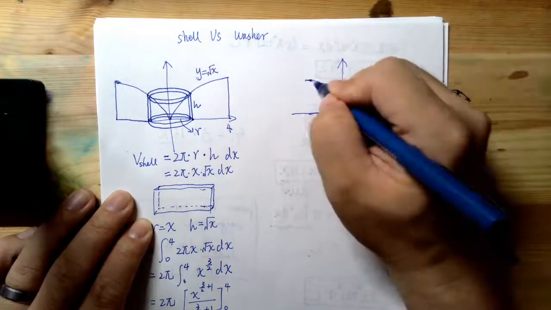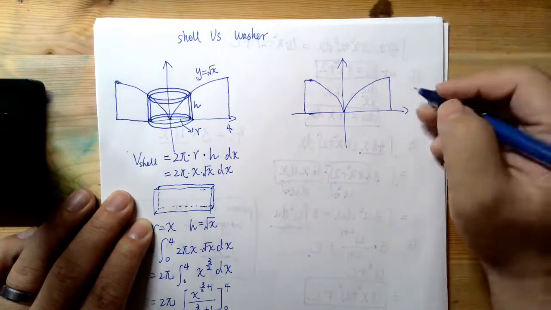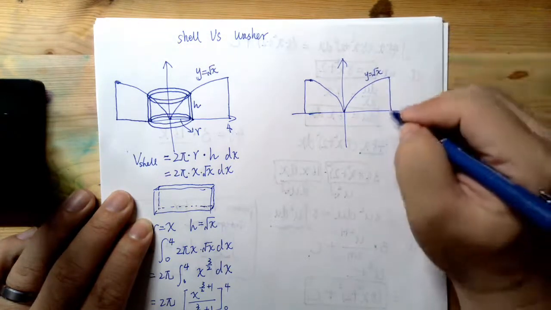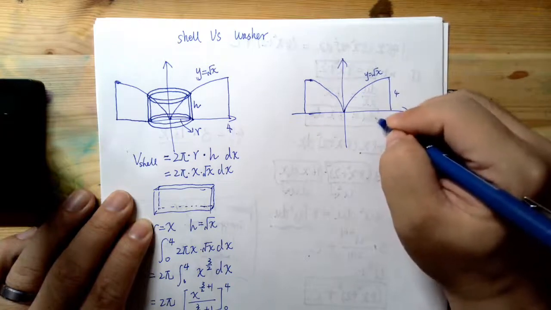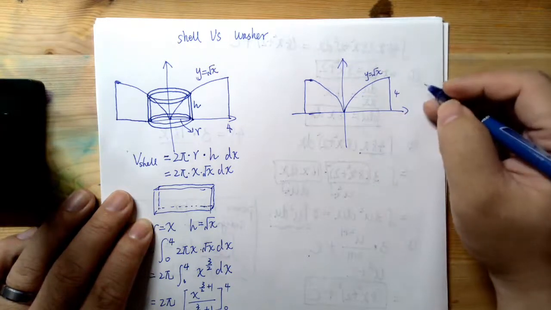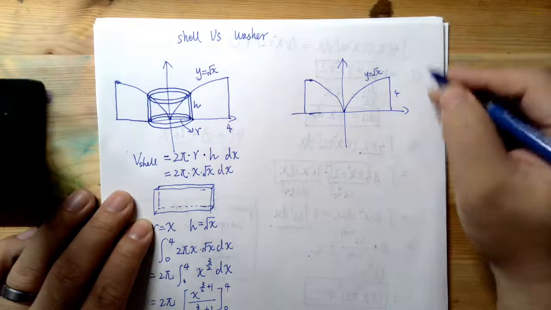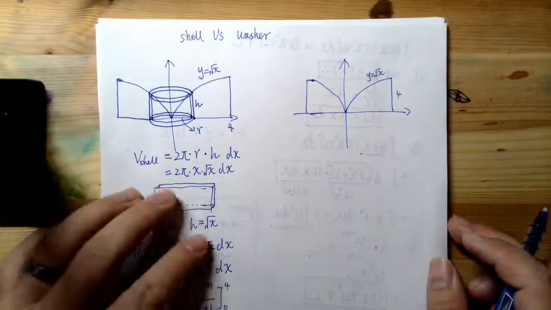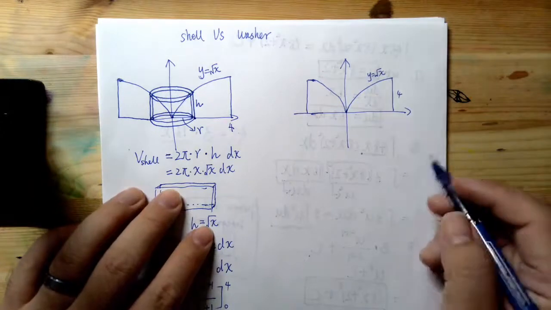Okay. This is still y equals square root of x. This is 4. This is the xy plane here. So the difference between the shell method and the washer method is that the washer method actually